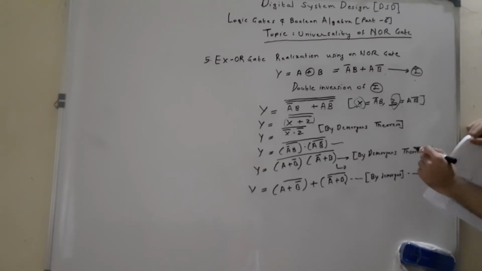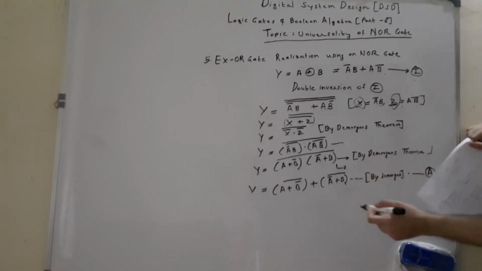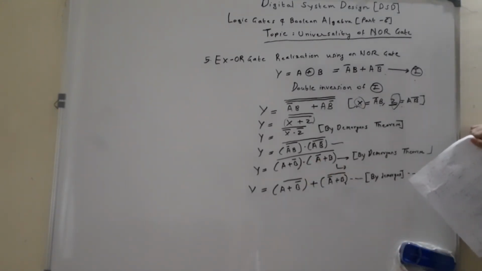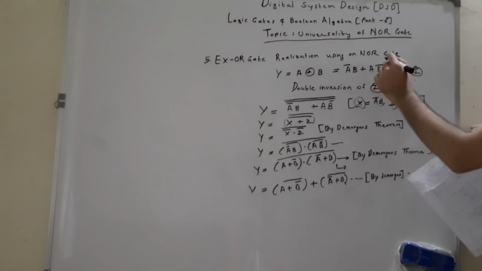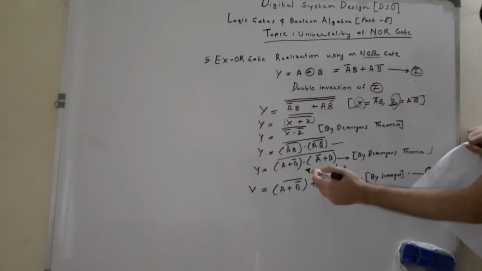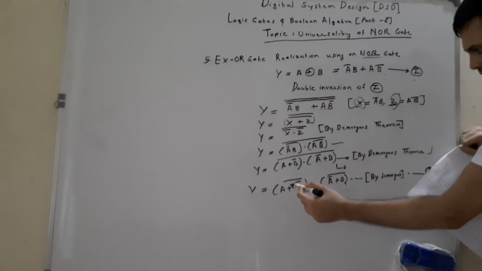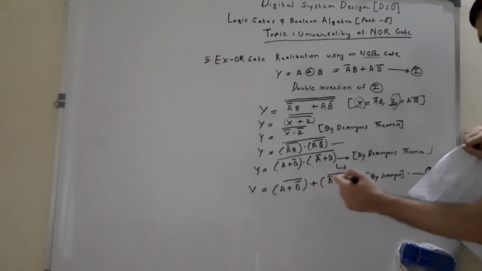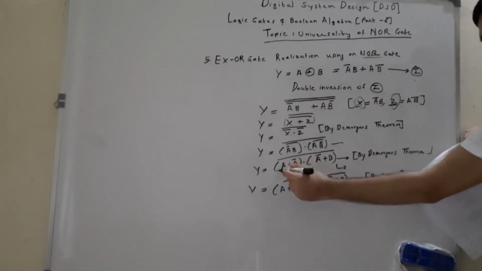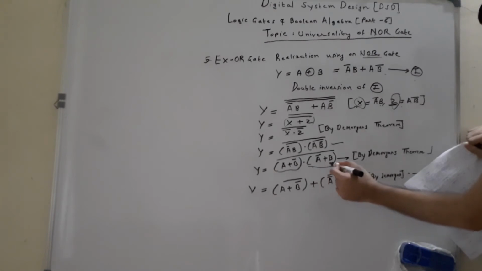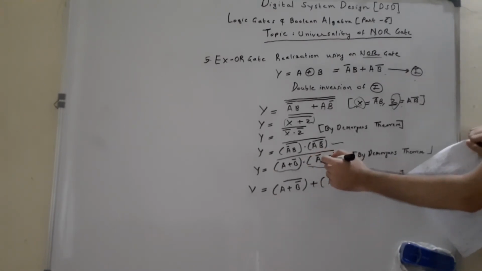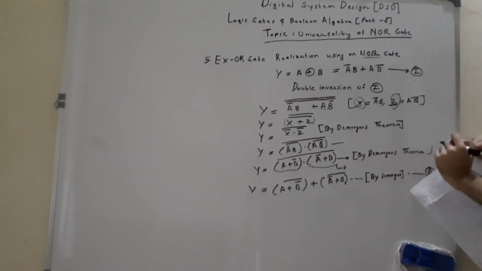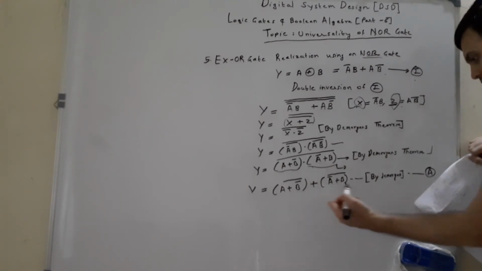Now in the next step, this expression we are having is in the NAND form. We want the output in terms of NOR gate, the circuit realization in terms of a NOR gate. So that's the reason we again apply De Morgan's theorem. Now this is an expression of type A dot B the whole complement. So again when we apply De Morgan, let us assume A plus B bar is A, and A bar plus B is B. So A dot B the whole complement is nothing but A bar plus B bar as per De Morgan's theorem. So again I have written it over here.